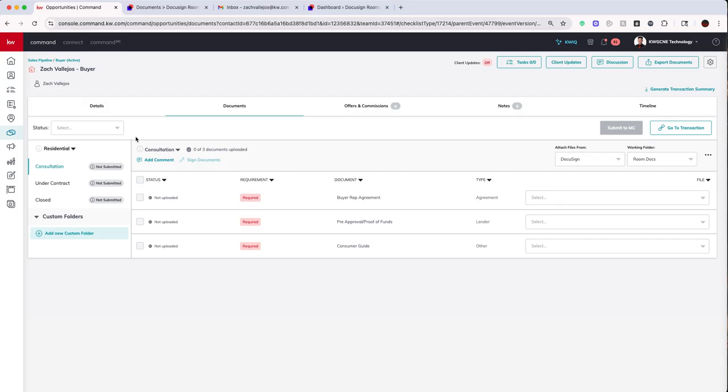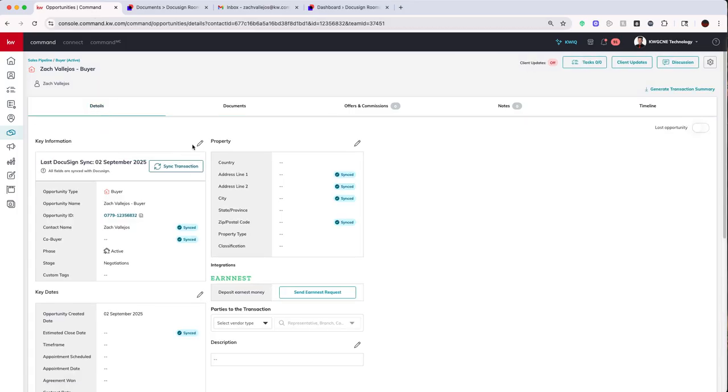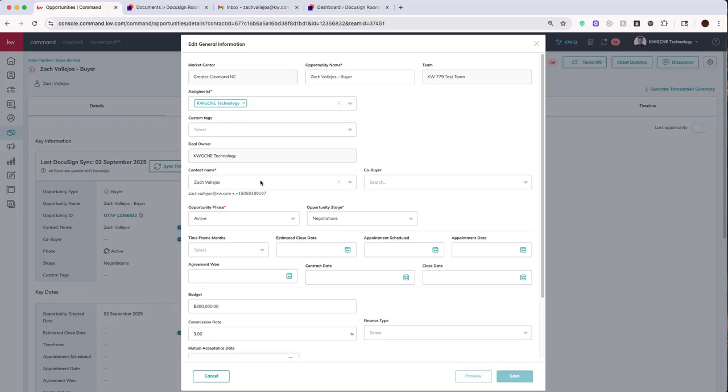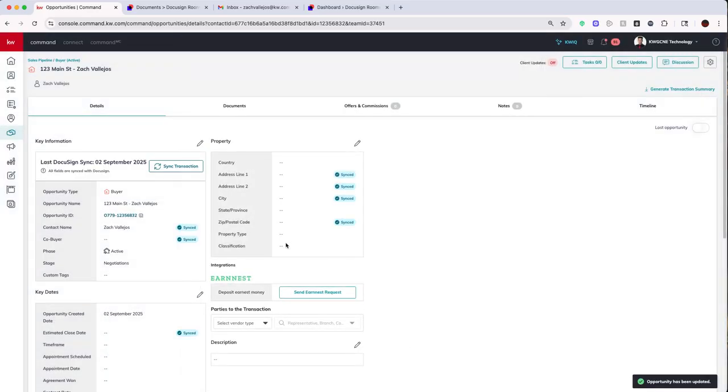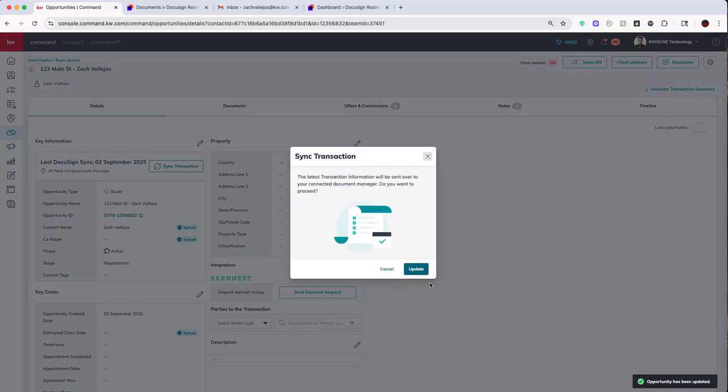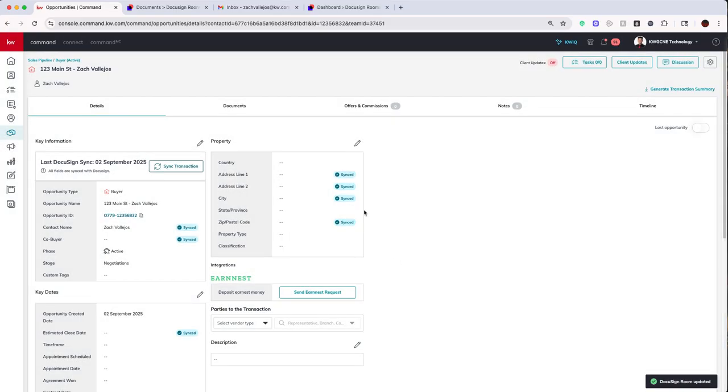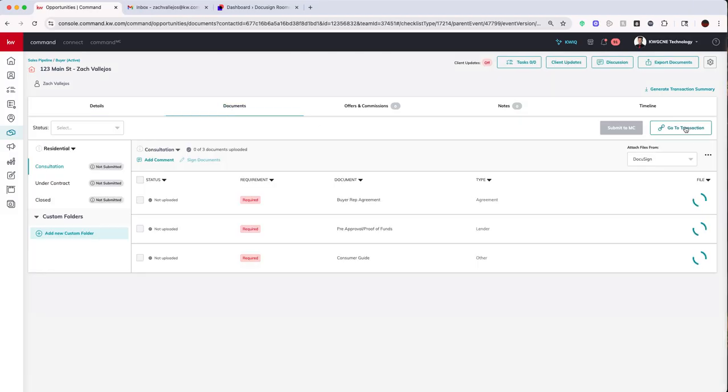If I were to go back and edit any of this information, so let's say we want a different opportunity name, 123 Main Street, Zach. And we hit save, and then we hit sync transaction date. Now when we go to documents and go to transaction,